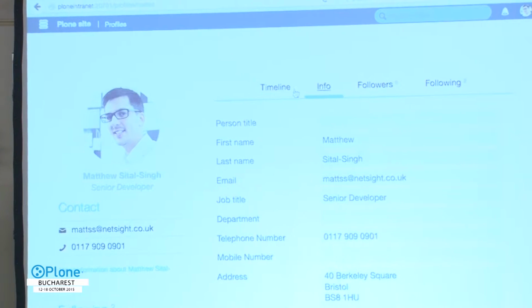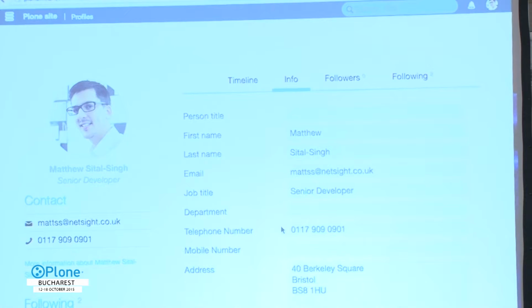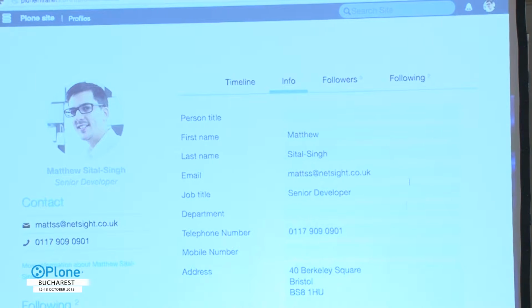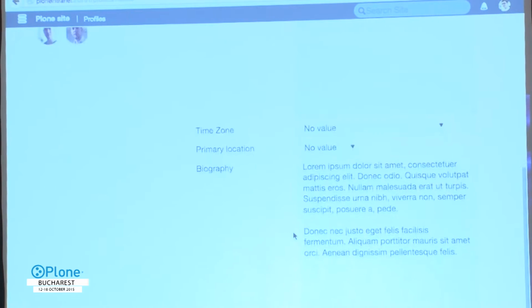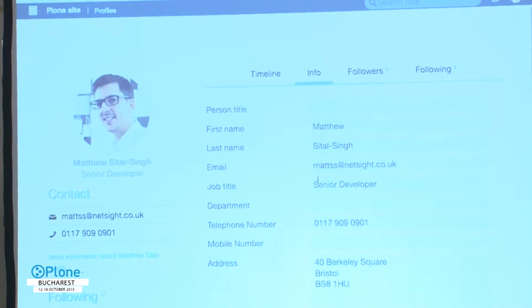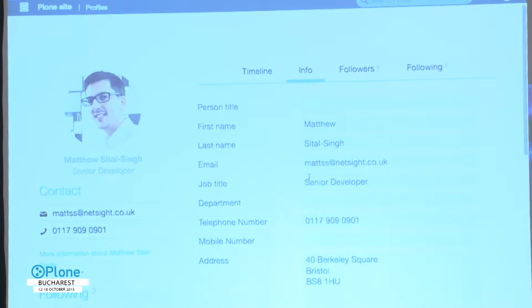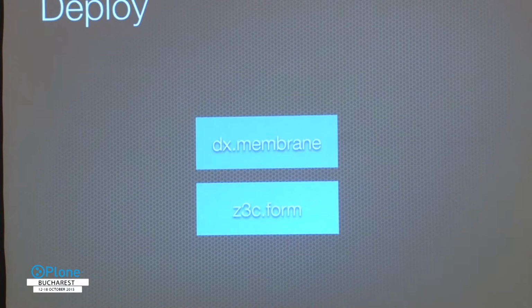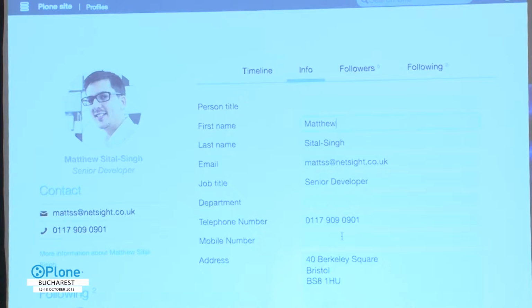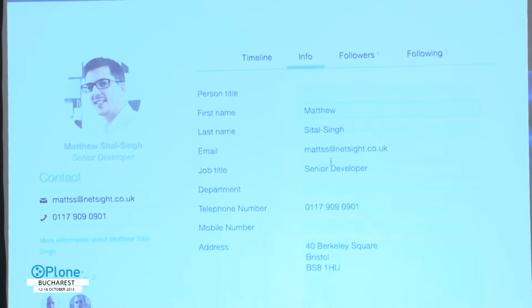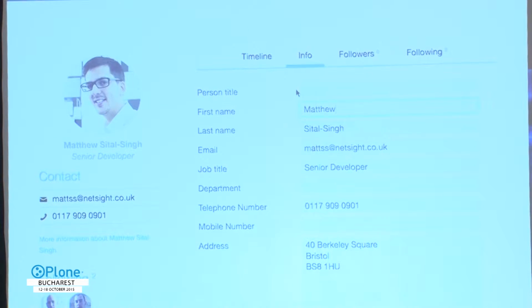And then what it does is, using a pattern, it pulls in a custom Z3C form to this part of the page to allow editing and rendering of your user data. So it's got some user data in there. So I can change these and I can save these, and it does validation. It does all the things that you want from a Z3C form, not to do manually, and that's what that looks like.